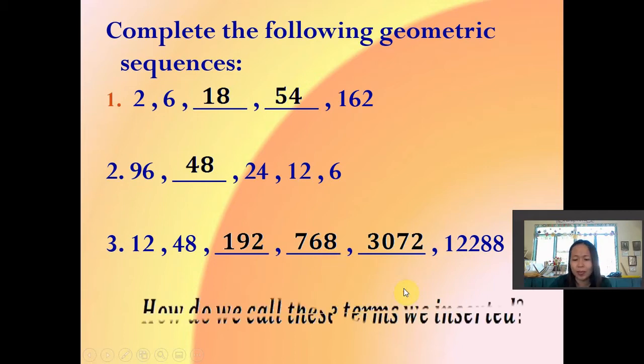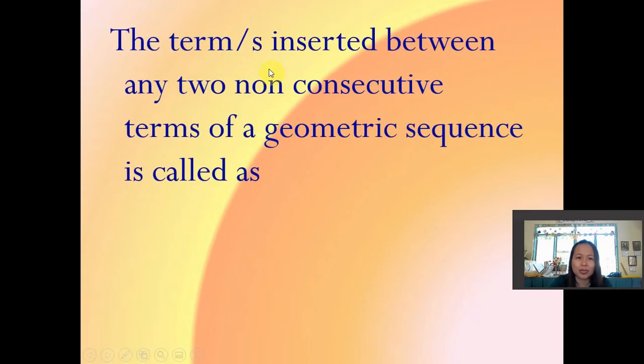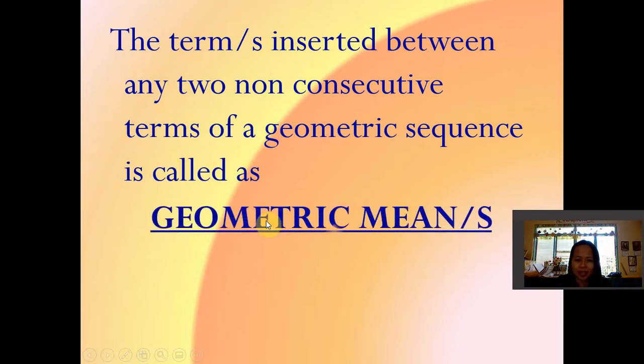Okay. Now the question is, how do we call these terms we inserted? As you noticed, there are terms here that we inserted. The terms inserted between any two non-consecutive terms of a geometric sequence are called geometric mean or geometric means. So in our previous activity, those terms that we inserted are known as